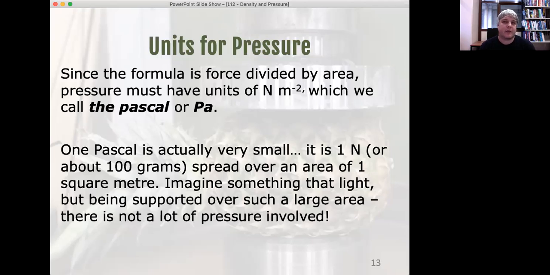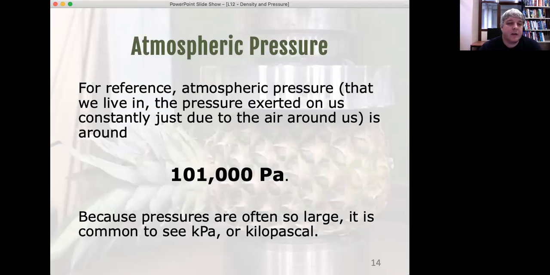Not very, very small. 100 grams is big on some scales, but 100 grams is still small for our daily lives. Spread over 1 meter, that is very light. It's a very low amount of pressure. So 1 Newton is tiny. 1 Pascal is tiny, but we deal with pressures that are a lot bigger in general, as you'll see with